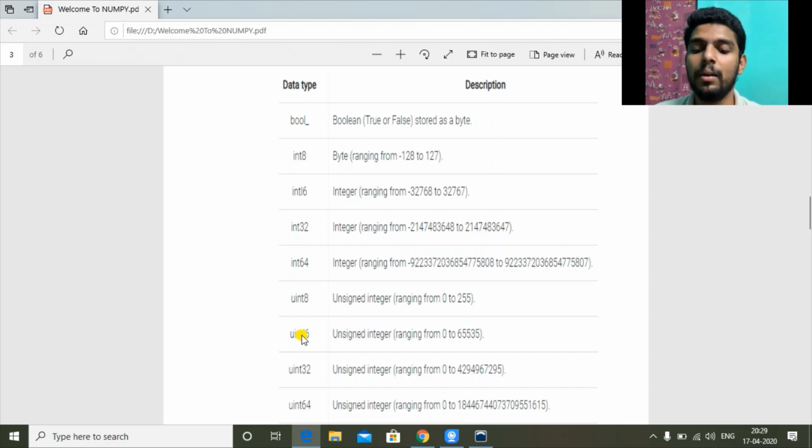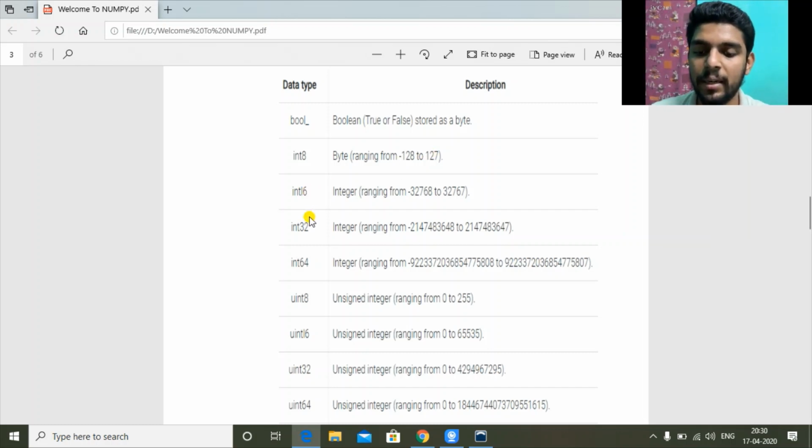Similarly, uint 16 means 2 power 16, 0 to 65,536. So let's get back to int. Int means positive and negative numbers both. So -128 to 127. That is 256 values including 0.